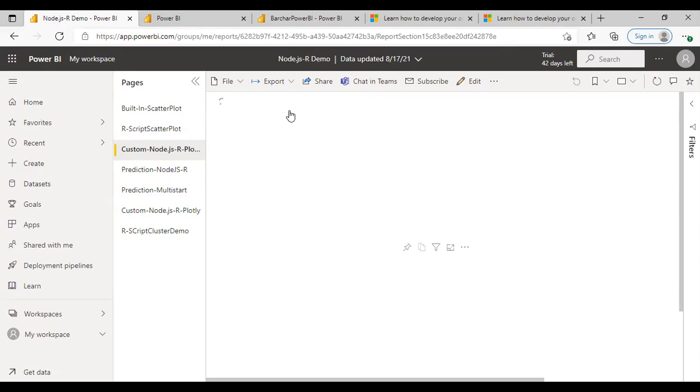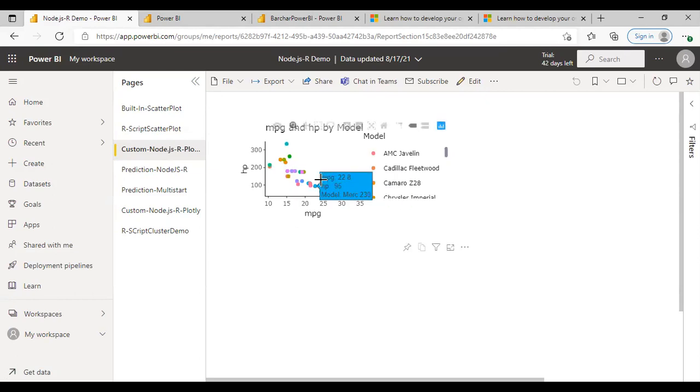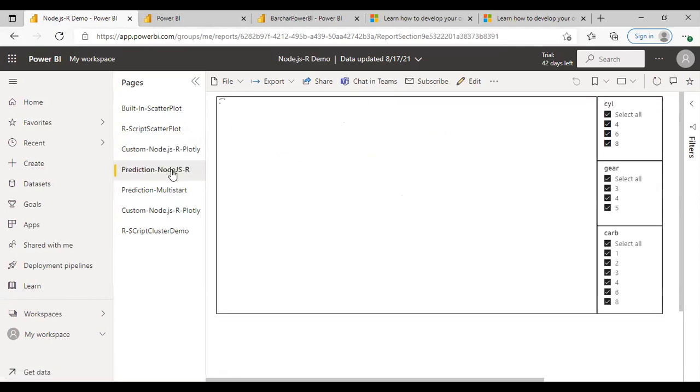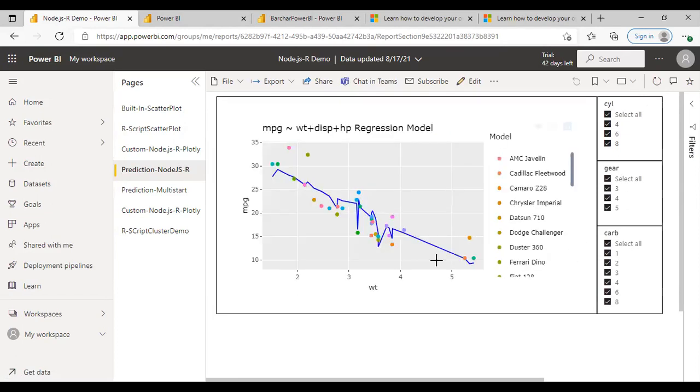So the main disadvantage here is the loading time is a little bit longer, because every time the R code needs to be run in the background. That is why it is taking more time. But the advantage is that more complex models for different combinations of filters can be visualized without running again and again using RStudio. So here, whatever I have shown you in Power BI Desktop, you can see here.